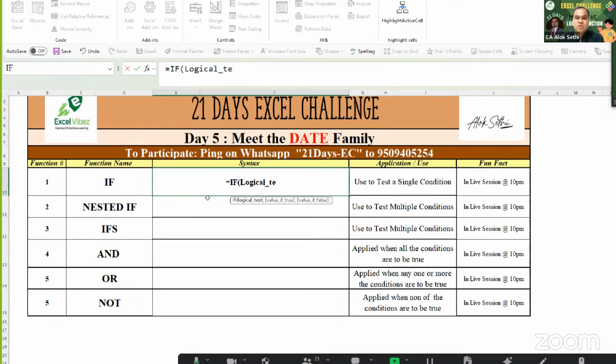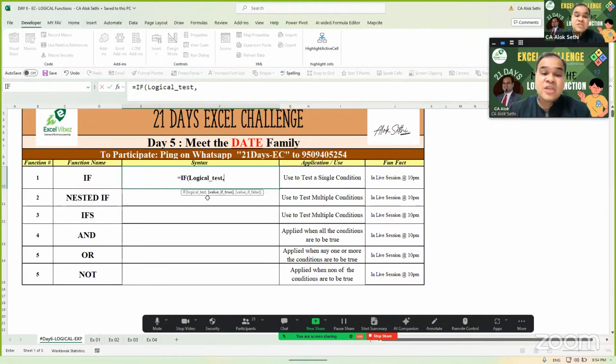For example, you want to check whether the student has passed the exam or not. So there is a condition to be applied. What is the condition? I'm talking about CA students or any other student. If the student has secured more than 40 marks in each paper, he has passed. If you have secured 40 plus marks in one paper, you have passed. So that is the logical test: the marks should be greater than 40. If the marks are greater than 40, then value if true,